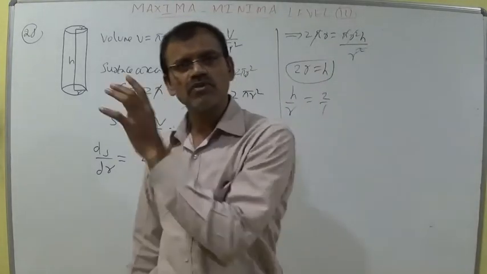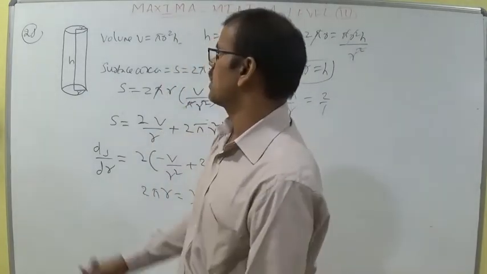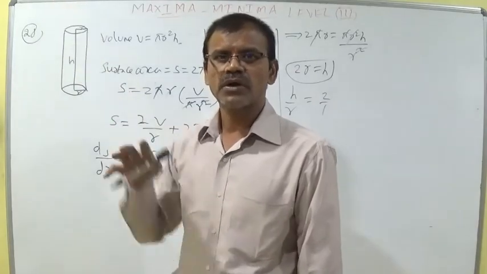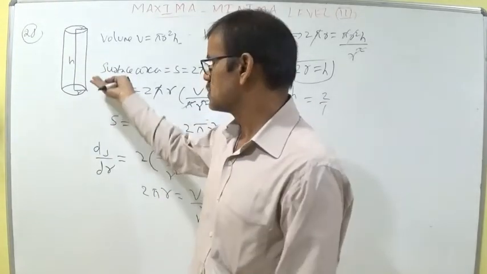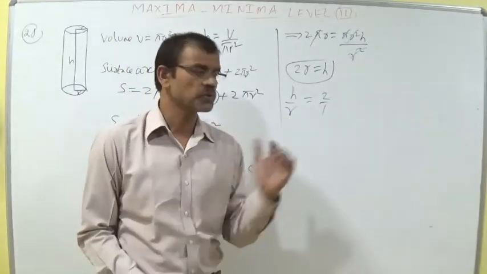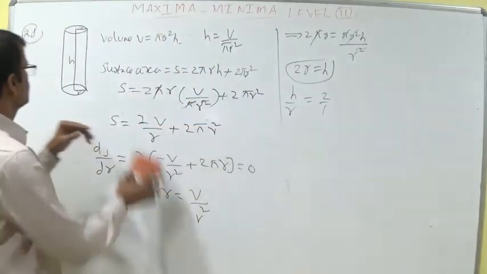According to the 25th question you can say directly, as there is no closed top, it is an open curve. We got r is equal to h there. So this is 2 times. In the similar way, using the 25th question also you can say directly, and this is another method.